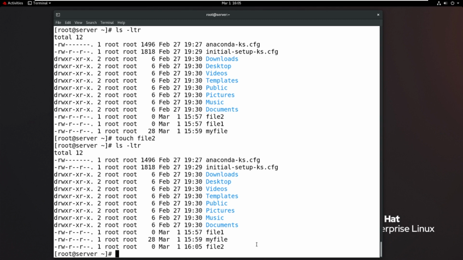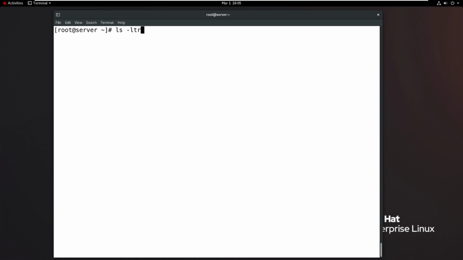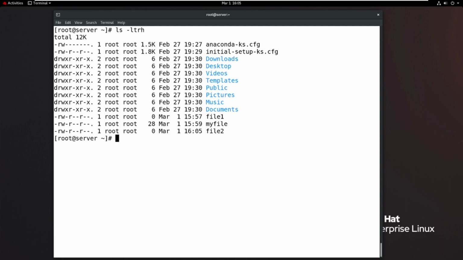So now, what files are recently updated? How do you know that? That is ls -ltr. The important thing here is that t is the main thing, l is long listing, and r is reverse order. Some people also add h. H means what? The sizes in human readable format. Without h, the sizes are shown in bytes.